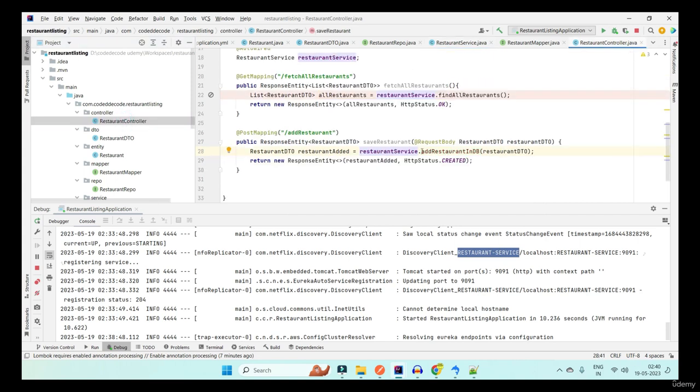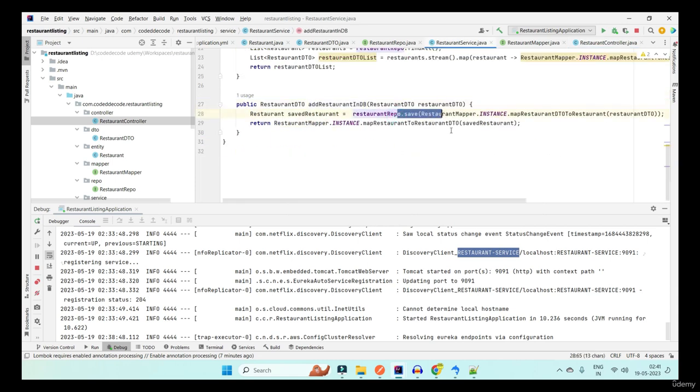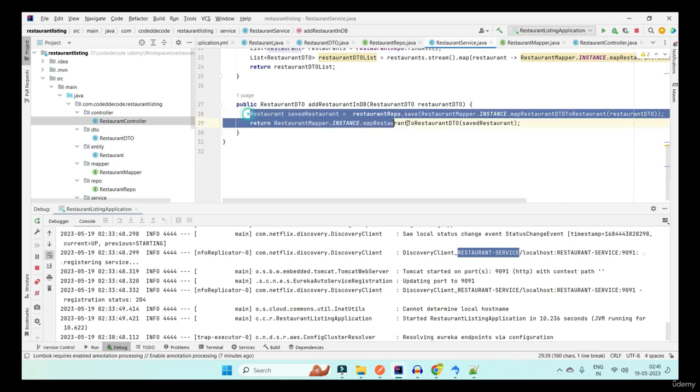So here on the controller layer, you can see that we have the restaurant DTO received, and we are giving it back to the client saying you have successfully added this. And by the time, you have always worked with the client with the DTOs, because you are returning a DTO, you are getting the DTO. Internally, what is getting saved is not the DTO, it's the entity. So this is why it's very important to use DTOs to have the interaction with the clients and save the entities in the DB. In two single lines, you can do that with MapStruct.